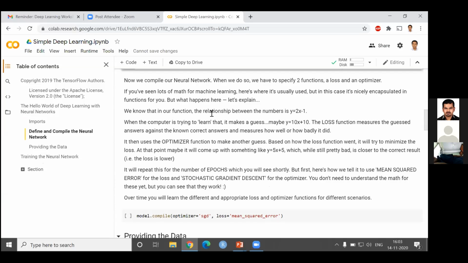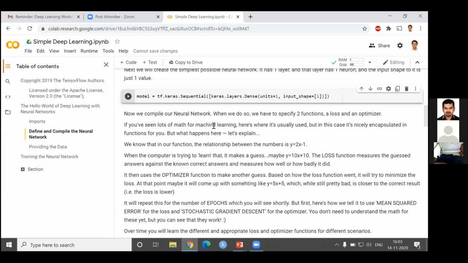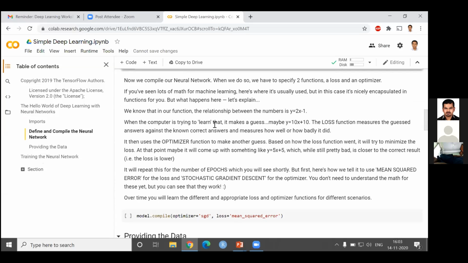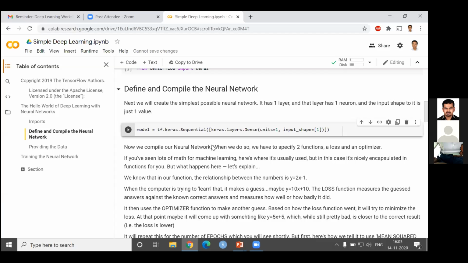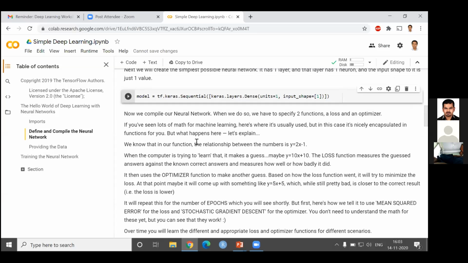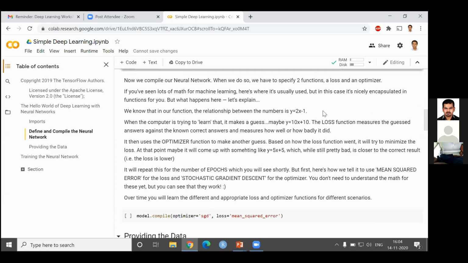After creating the neural network, I said the next step was to compile it by telling it what loss function we are going to use and what optimizer we are going to use. You can also read through the cells here, which give a clear explanation of what we are doing. So the neural network is trying to learn.